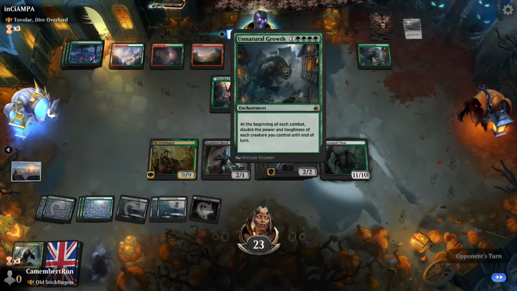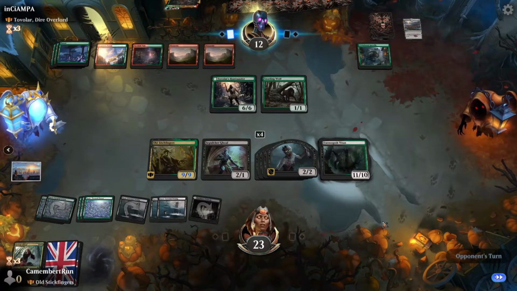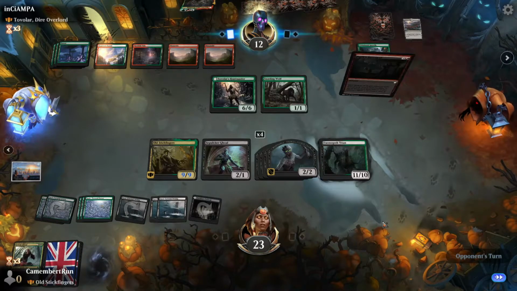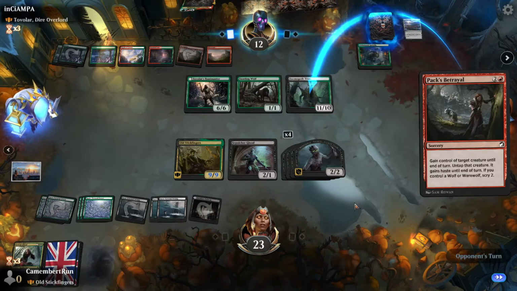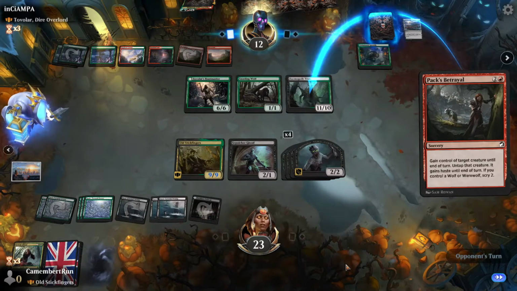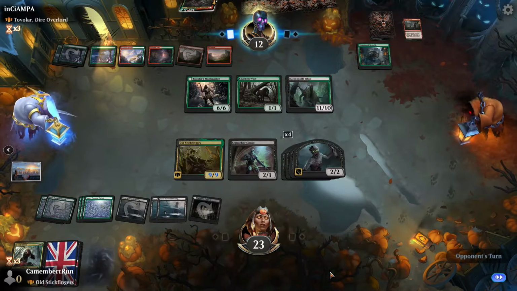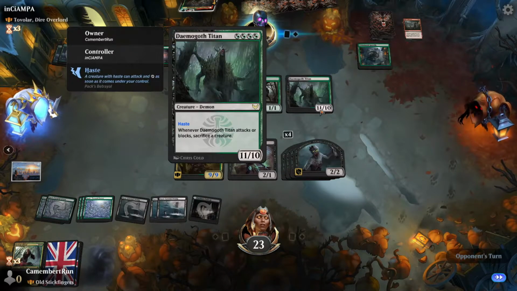Now that's going to be a problem, because that's... yeah. I mean, that's not so bad. It's not a trample thing, so... And you have to sacrifice a creature if you want to attack, so...